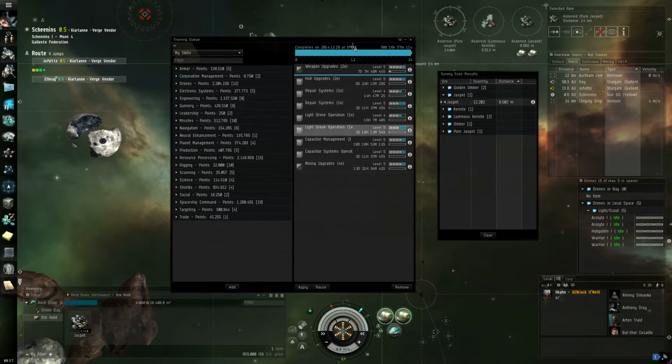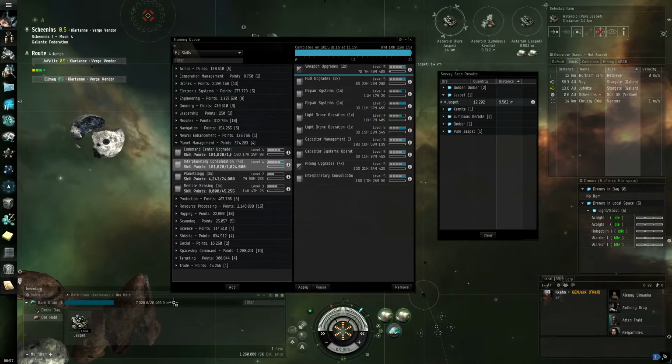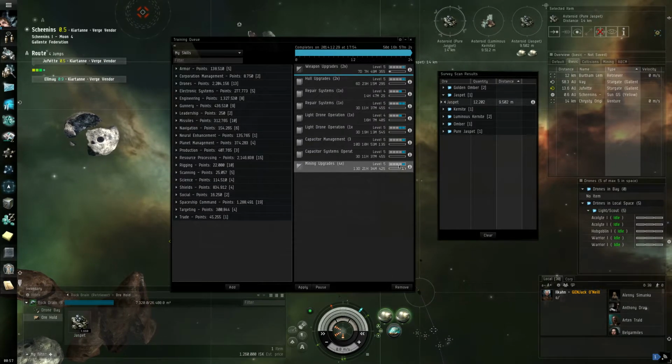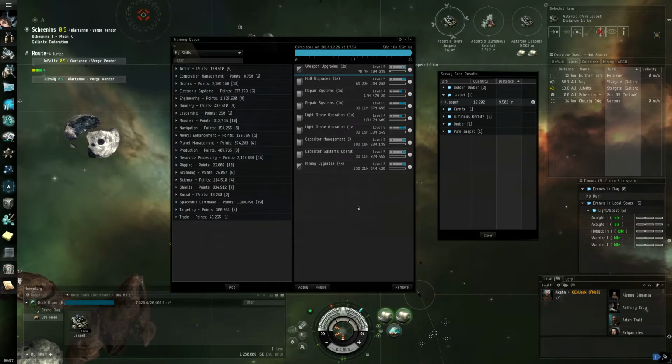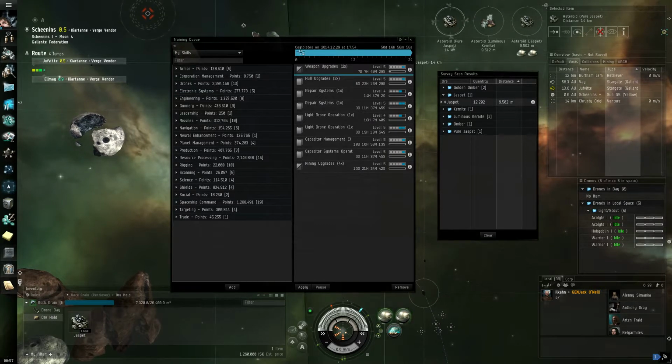So that's basically that. It's just finding the skill, drag and drop, and that's it. Also, another note that is important and new, because this is post-Phoebe, as of a week, the skill training queue for members has